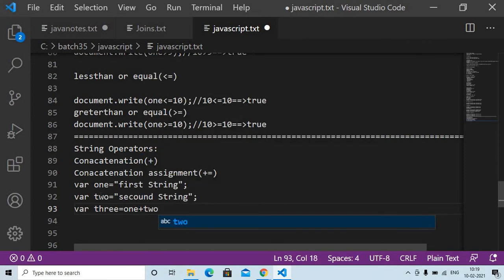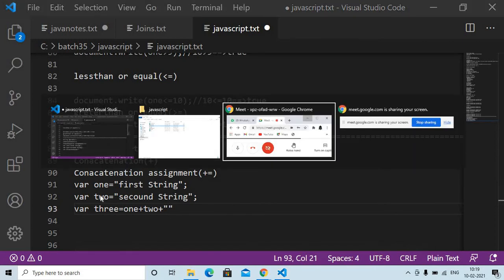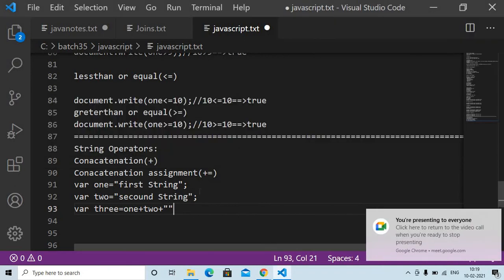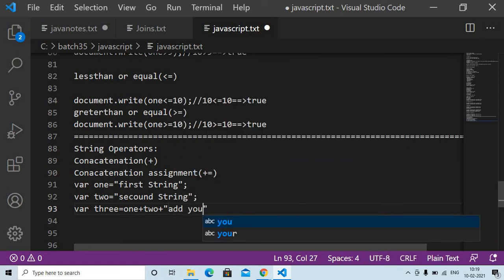Okay, so you want to attach the multiple variables or any text also within double quotes, whatever the text you want, you can assign that text also. Okay, so for example you want to add the text, add your text here.